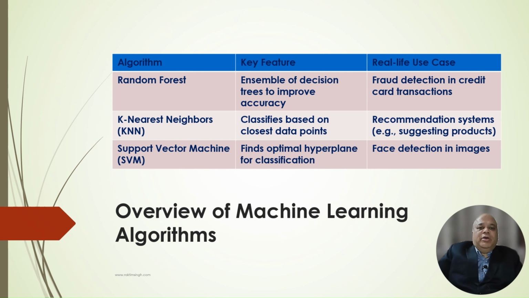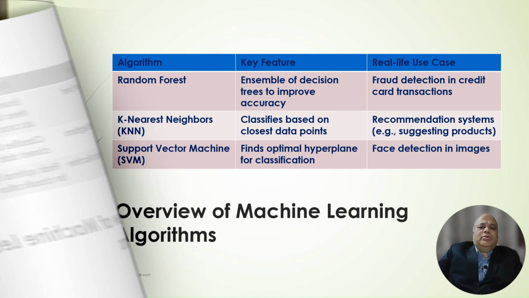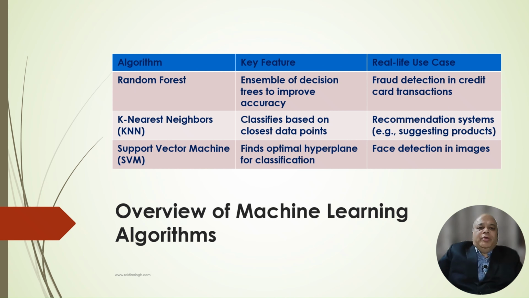Random forest is an ensemble of decision trees to improve accuracy. Take fraud detection in credit card transactions, because there's not a single pattern, but you try to arrive at various patterns, various decision trees, because fraud can happen based on, let's say, the location from where the transaction is happening not being okay, or the amount looking suspicious, or the beneficiary looking suspicious, or things like that. Each one of them can itself contain a decision tree, and that's where the ensemble of decision trees comes in, and by this you arrive at fraud detection.